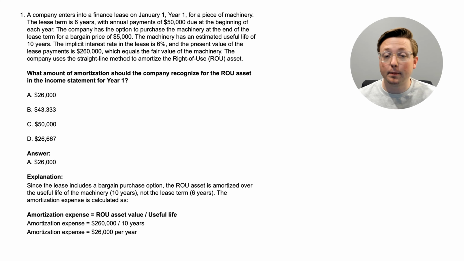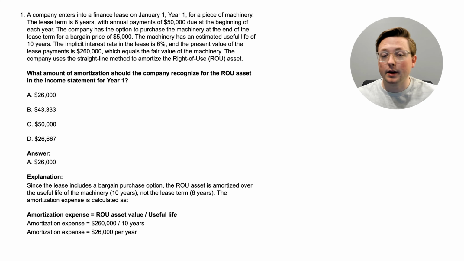Since the lease includes a bargain purchase option, and again, we talked about that in the previous videos, basically that is where a company is able to purchase the asset that they've been using for a very low amount, lower than the fair market value, so it's a bargain purchase. So if there's a bargain purchase option, and a lot of times this is written as a written purchase option, or written purchase agreement, the ROU asset is amortized over the useful life of the machinery, 10 years, not the